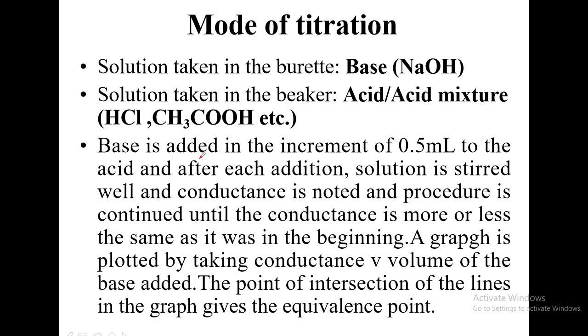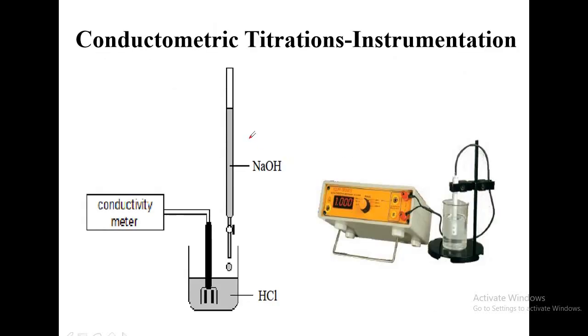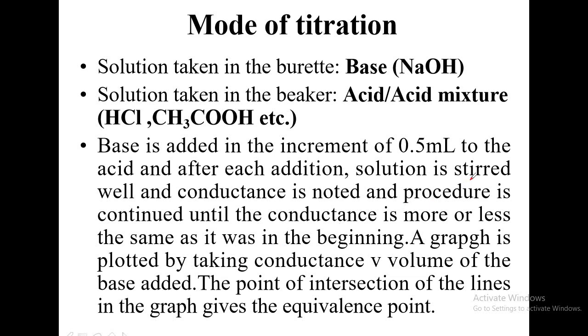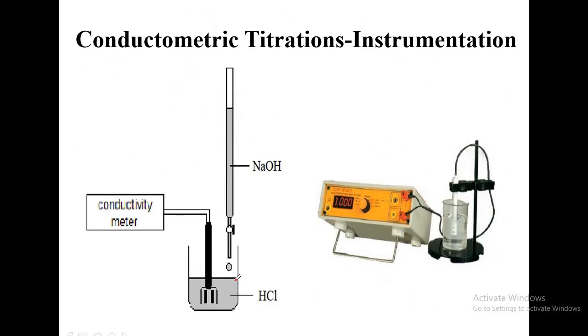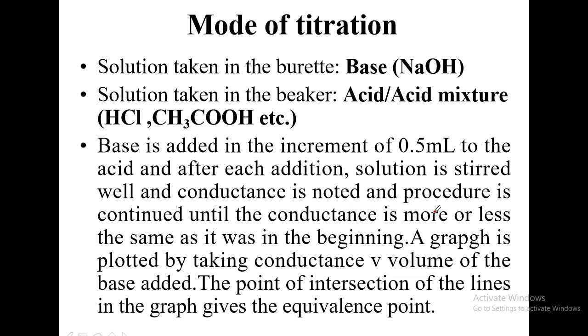How is the titration done? Base is added in increments of 0.5 ml. This is base in the burette. It is added in increments of 0.5 ml to the acid. After each addition, the solution is stirred well and conductance is noted. After each addition of 0.5 ml, the solution is stirred well and the corresponding change in the conductance is recorded from the instrument. And the procedure is continued until the conductance is more or less the same as it was